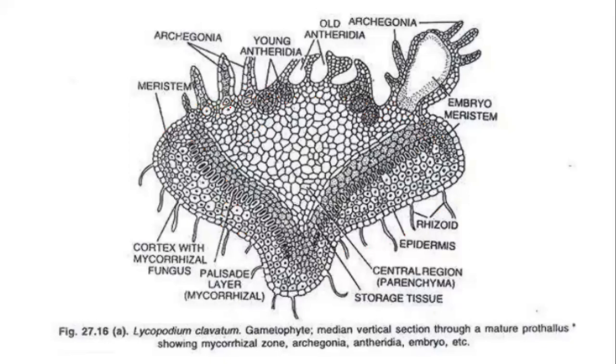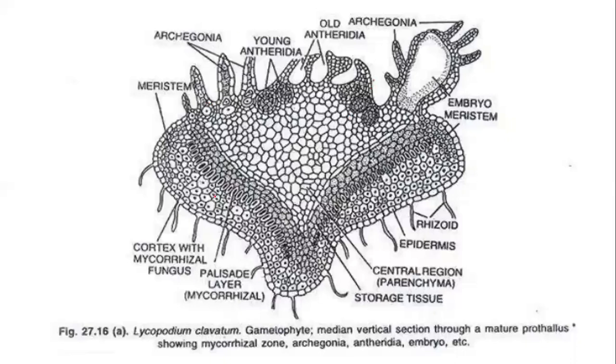Okay, so the archegonial initials develop into the flask-shaped archegonia, and the antheridial initials develop into the antheridia, the globose antheridial structures. And below this, the entire tissue is a nutritive tissue, or we call it a storage tissue, which stores the food material, and it will supply the food material to these developing reproductive organs.